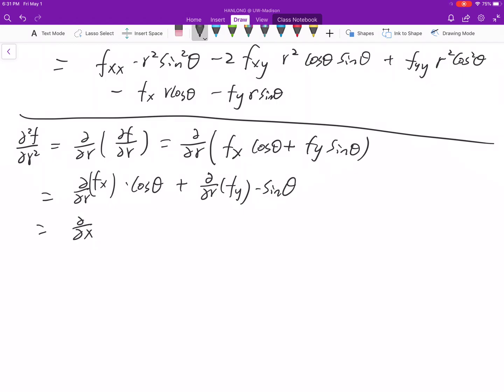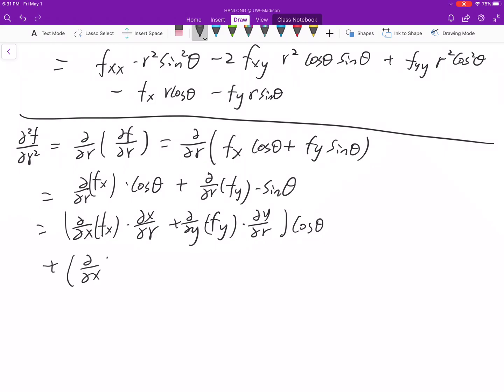Again, partial x fx times partial x partial r plus partial y fy times partial y partial r, cosine theta, and plus here same thing, partial x fy times partial x partial r plus partial y fy partial y partial r. Oh, sorry, here is x